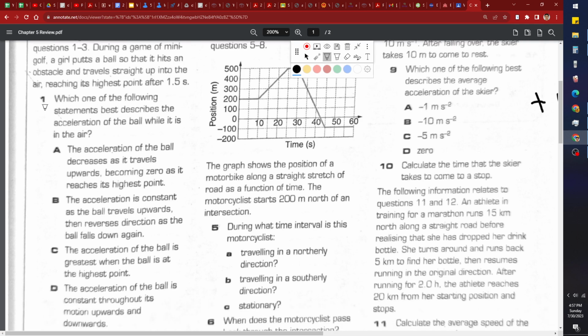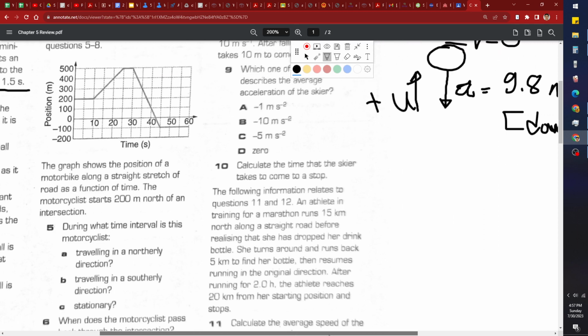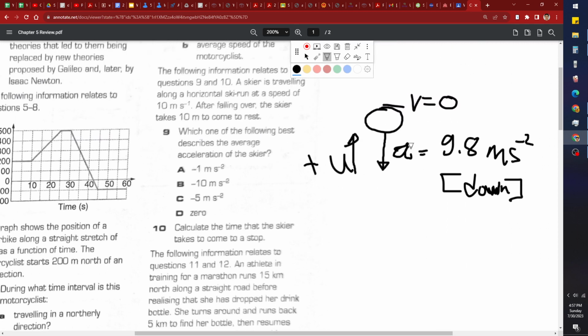Okay, so in question number 1, we have a girl who throws a ball and it travels straight up into the air. It reaches its highest point after 1.5 seconds. So there's a couple things from that statement that we now know. Because it goes straight up into the air, gravity will affect it. The acceleration due to gravity is always 9.8 meters per second squared downwards. But according to the sentence,